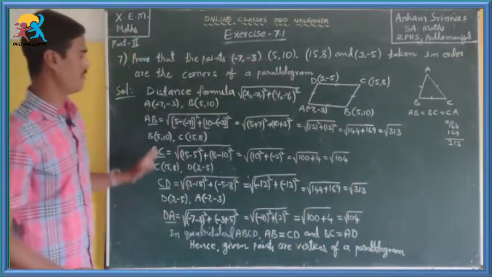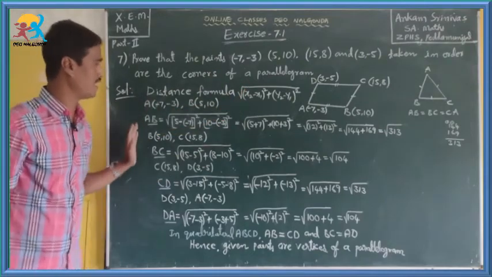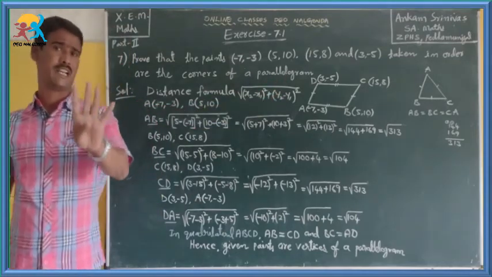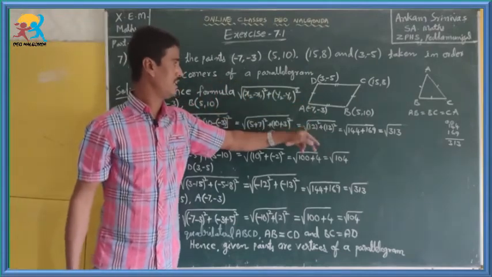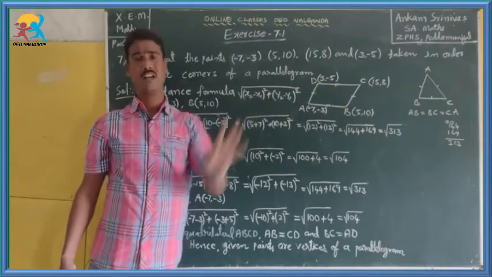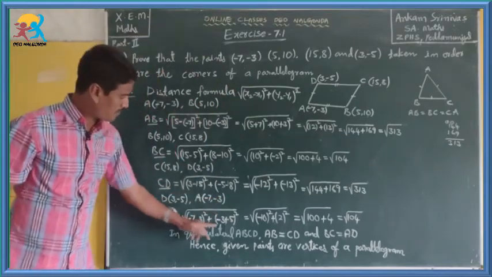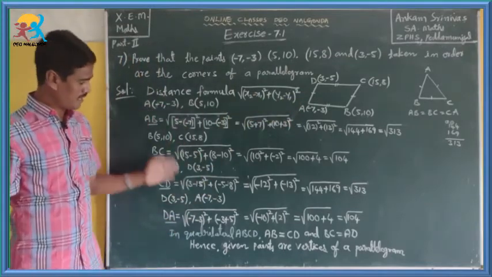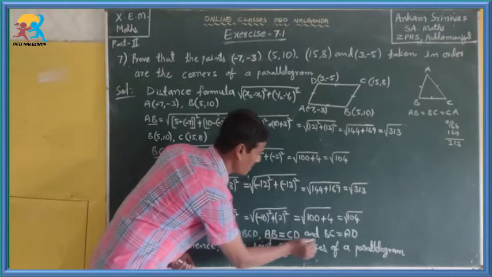Dear children, it is very easy to show triangles and quadrilaterals. If you are asked about a parallelogram, we simply have to find the lengths of the 4 sides. A quadrilateral has 4 sides. Let's give the names A, B, C, D: length of AB, length of BC, length of CD, length of DA. Find only these 4 to show the parallelogram. And if opposite sides become equal, then it becomes a parallelogram. In this case, we got opposite sides equal, so it is a parallelogram.